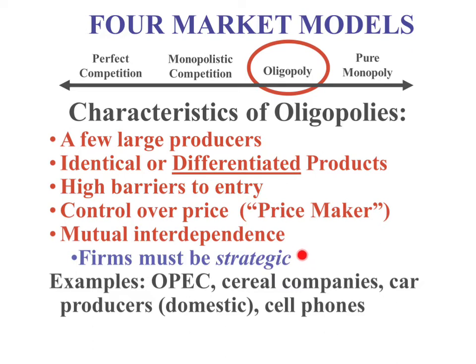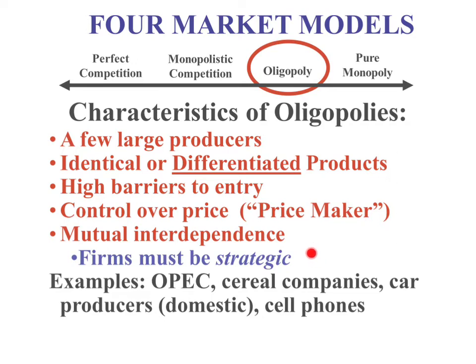The really key feature of an oligopoly is that firms are generally strategic. They have an interdependence, okay? What might that mean? Well, if I'm one of 2 or 3 very, very large firms, say that I'm GM, and I'm deciding whether I'm going to advertise my new car that's coming out in October, and Ford is also, maybe I'm thinking, going to also advertise. My decision whether to advertise and invest a lot of money in advertising might be dependent on whether I think my major competitor, Ford, is going to be advertising at the same time. If we're both going to be advertising, we might kind of cancel each other out.